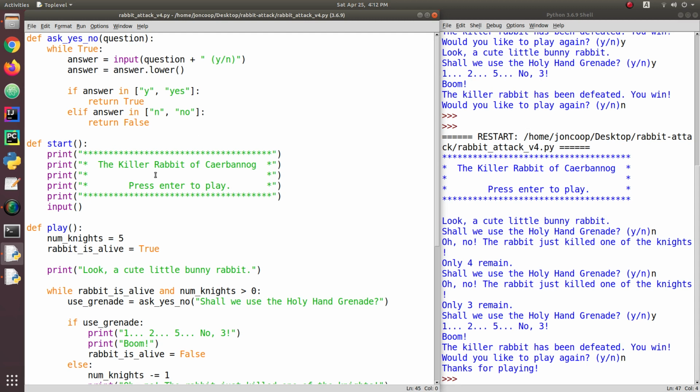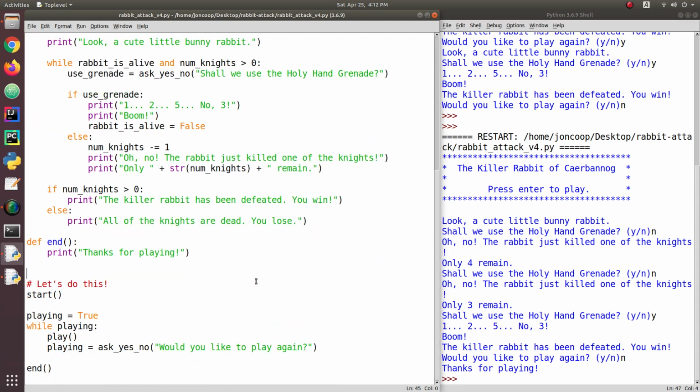Watch through each of the videos and try to get your code updated to match what mine looks like at the end of version 4. I would first do that, and then look on the assignment post, and you're going to see a list of some other suggestions that you can do to the game and some questions